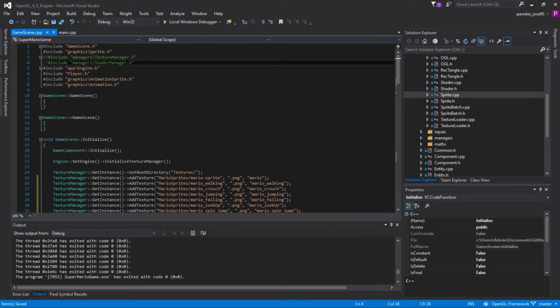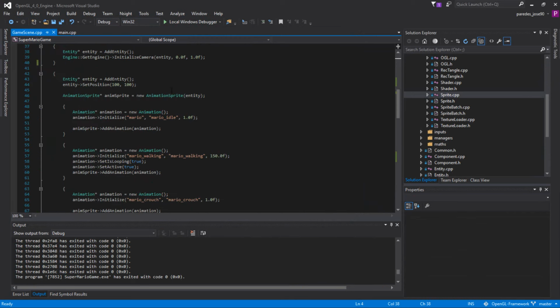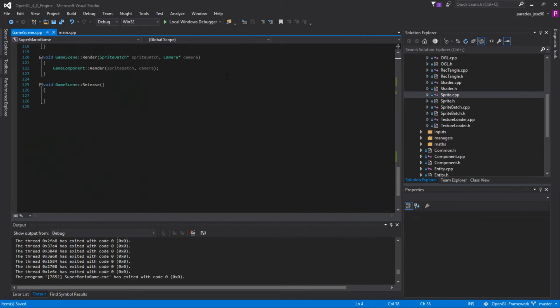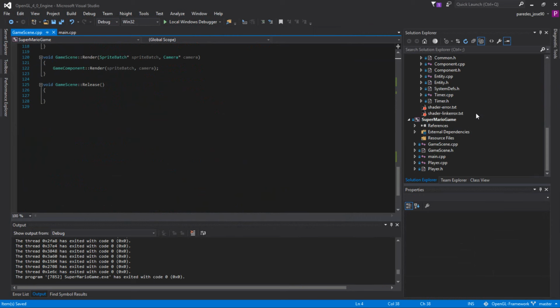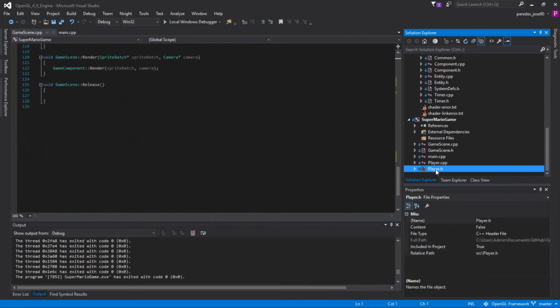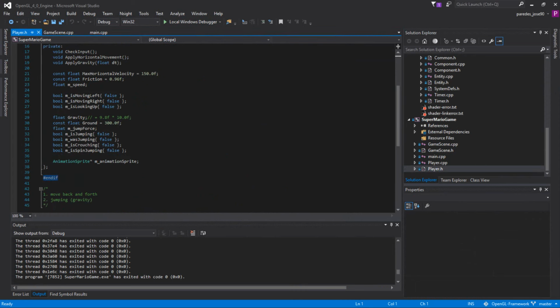Okay, interesting. Anyway, so now we gotta make sure Mario's actually hitting the ground. I know we're not using collision, so we can kind of tweak it and fake it for now until we do. So let's go to our player header. Right now, ground is 300. What I want to do for now,